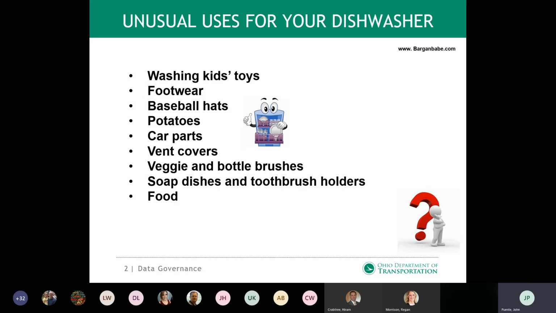I found this site. It was kind of cool. It actually talked about unusual uses for your dishwasher. It's called bargainbabe.com. I listed here a number of those unusual uses, and I want to just talk about a few of those right now. One of them is that you can actually wash your kids' stuff in there, because they say you can drop it in a bag and then throw it in the dishwasher. Or you can actually toss your shoes in there. So flip-flops and your rain boots, they recommend those, but then they said, hey, don't throw your Crocs in there, probably because of the heat, they're probably going to melt on you,